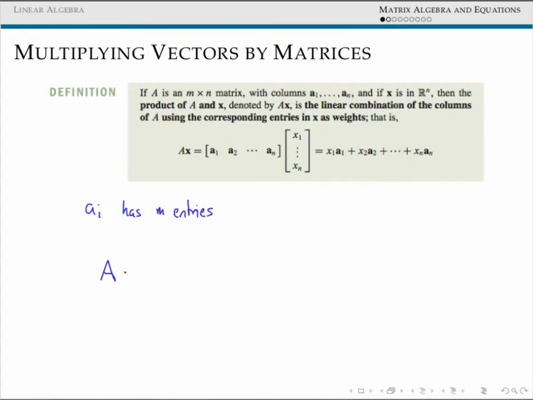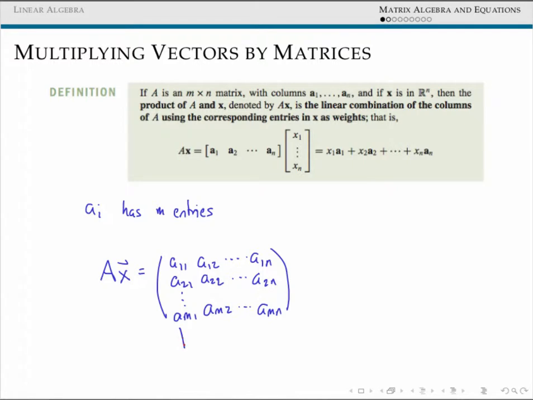we say that the product of our matrix A by some vector x, the way we actually calculate this is we look at our matrix A11, A12, up to A1n, A21, A22, A2n, AM1, AM2, through AMN. Each of these is our column that we're calling A1, A2, so on up to AN. We can calculate our product of this by some vector x1, x2, through xn,